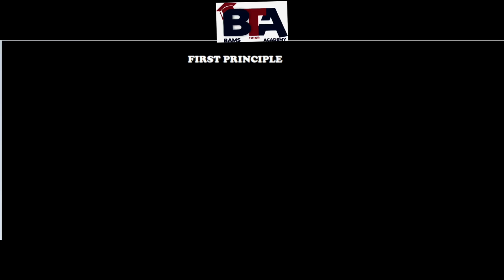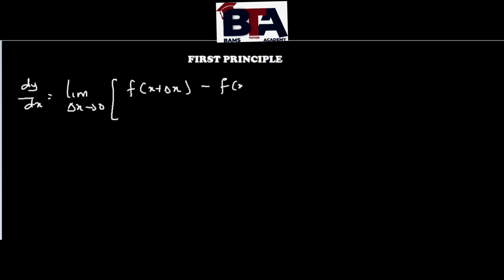All right. So the first principle is dy over dx is equal to the limit of the change in x as it tends to 0, okay, then the function with a small change, that means f of x plus change in x, minus f of x, then all over